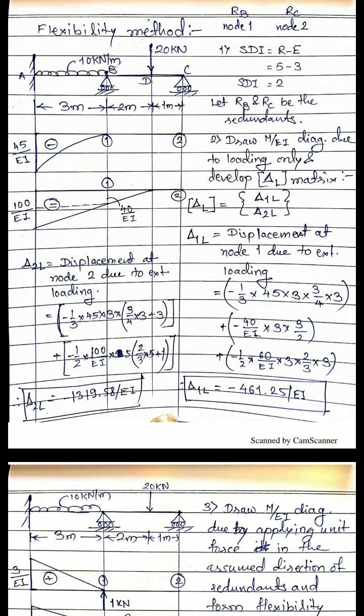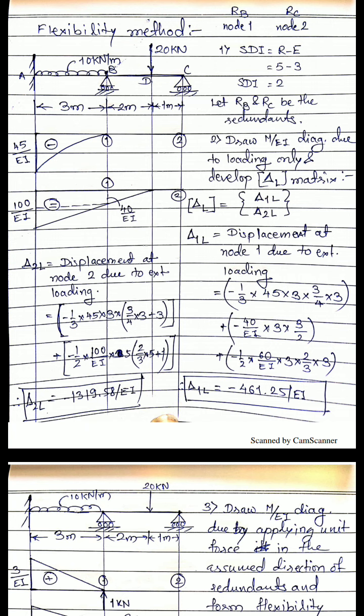So that will be equal to simply 3/4 of your base, that is 3. Okay. Next, delta 1L will contribute from this second diagram due to point load on span BC. So here you can see a triangle is shown, but you are interested only in displacement at node 1. Okay, node 1 is at point B. So you can go either for the left